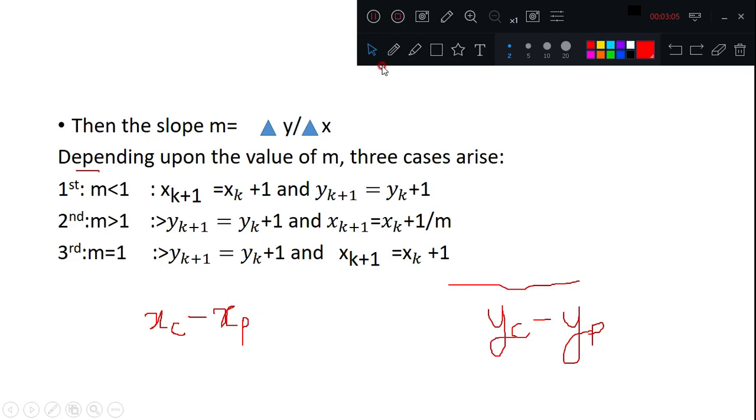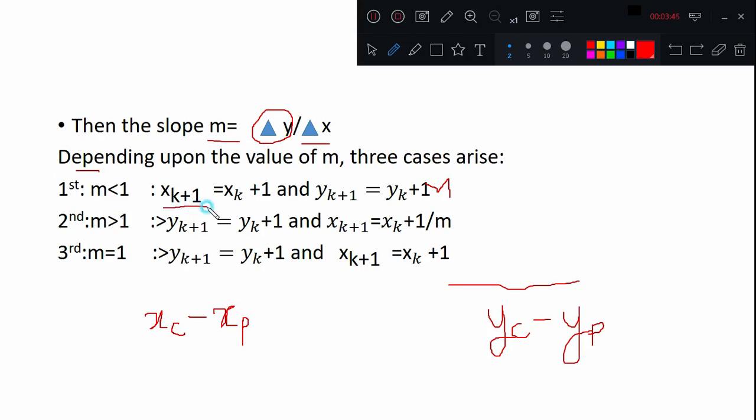Now depending upon the values of m, here's a correction, it's m. Now depending upon the values of m, three cases arise. Either m will be less than 1, and this case will be when delta y is lesser than delta x. Then only m is going to be less than 1. And in that case, when m is less than 1,